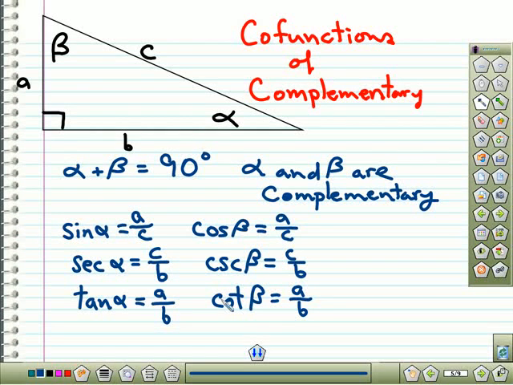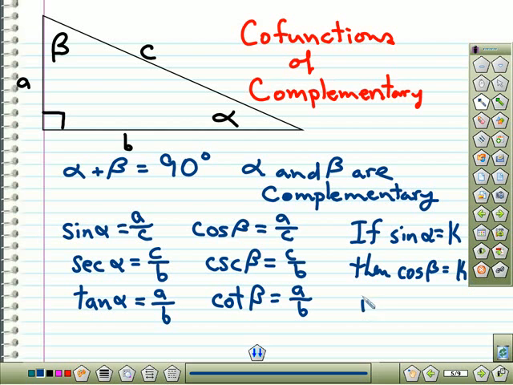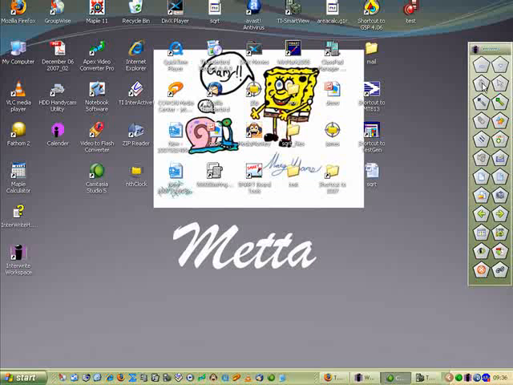So in other words, if you're told that the sine of alpha equals k, then the cosine of beta is equal to k also if alpha plus beta equals 90. If that happens, then you know that's true. Any questions about that? Okay, so that's another observation we want to